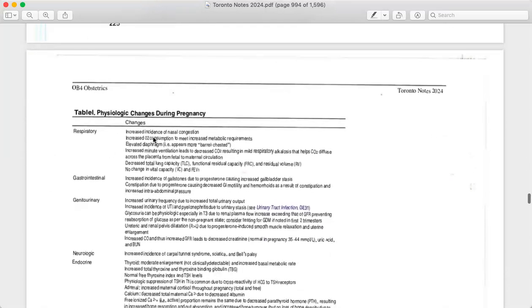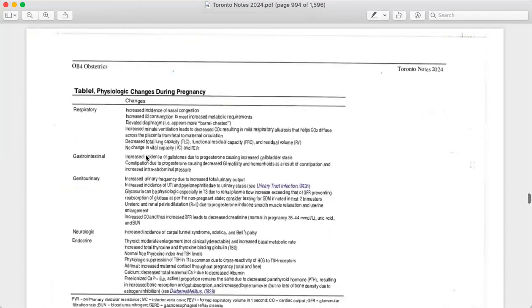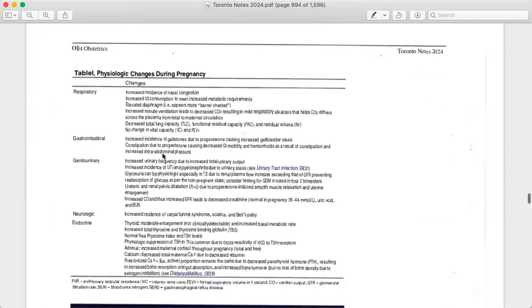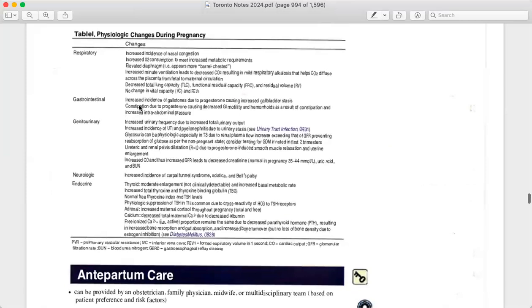Coming to respiratory, what happened is increased O2 consumption, elevated diaphragm because of the anatomy, then increased minute ventilation, decreased lung capacity, and no change in the vital capacity. Coming to gastrointestinal, most importantly, there is a decreased GI motility. So the constipation is kind of okay and kind of normal in the gastrointestinal, as there is an increased intra-abdominal